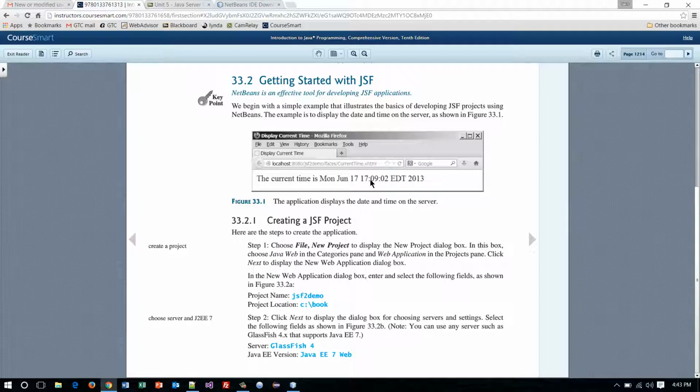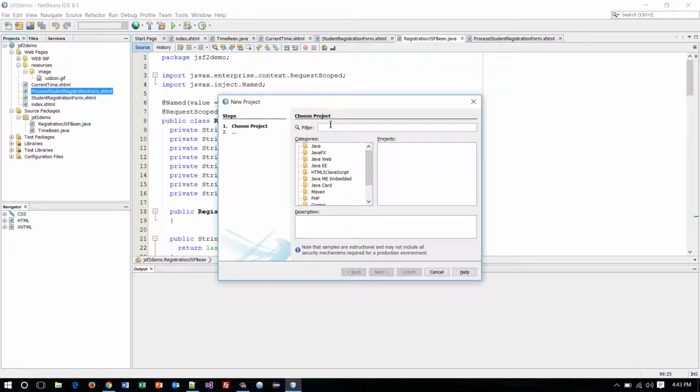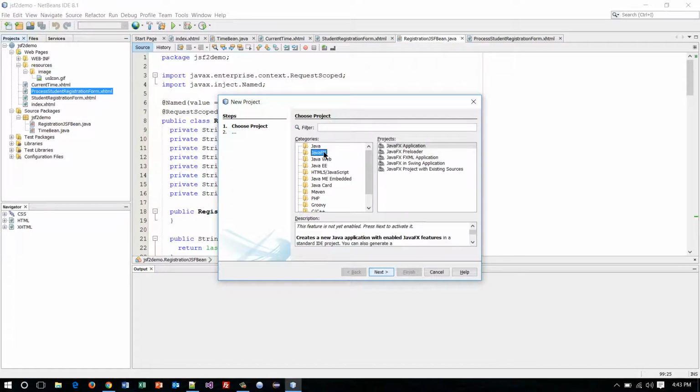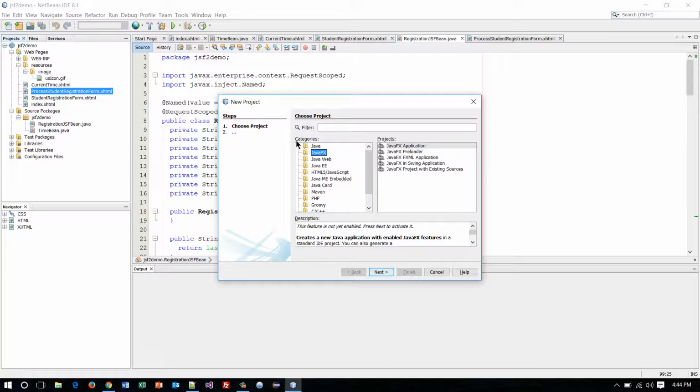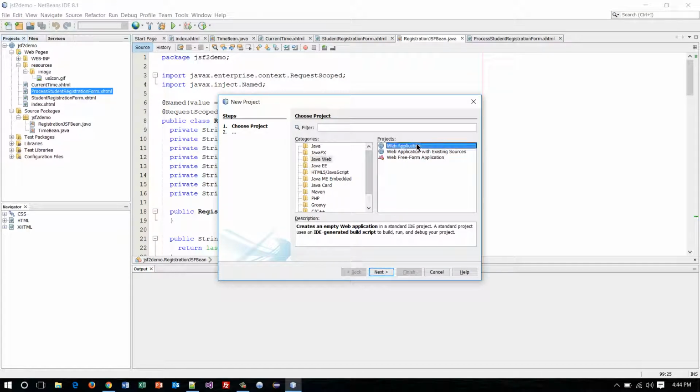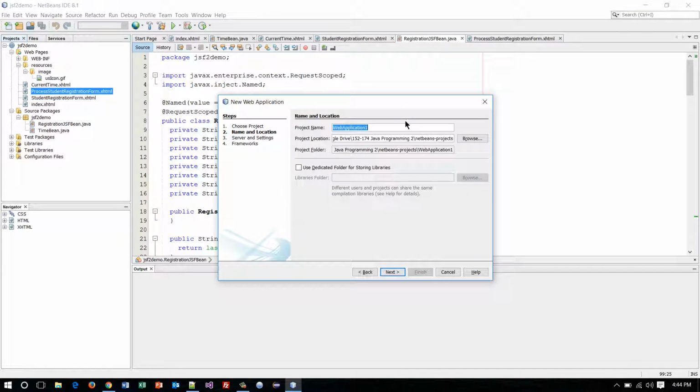All right, so the next instruction step is to create this particular demo. Now, I've already done that, so I'm going to let you perform these steps, but you are going to fill in the name of the project after you select here. So you are going to choose Java Web and then Web Application. So you would go Java Web and Web Application, and then you will hit Next. Given that I've already done this, I'm just going to rename the example. I'm going to say JSF2 Demo 2,